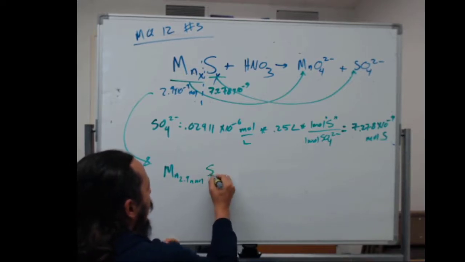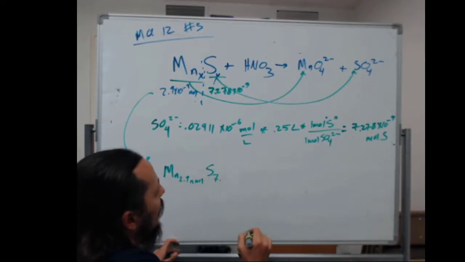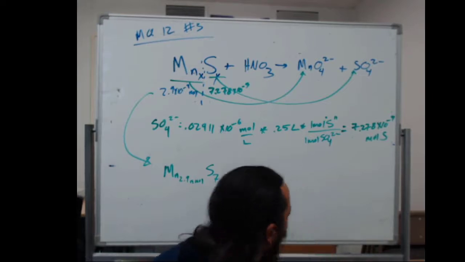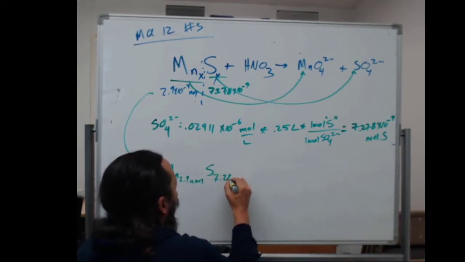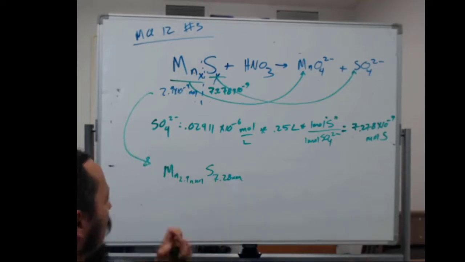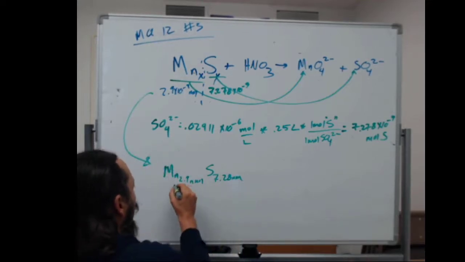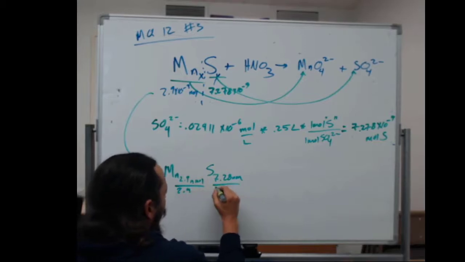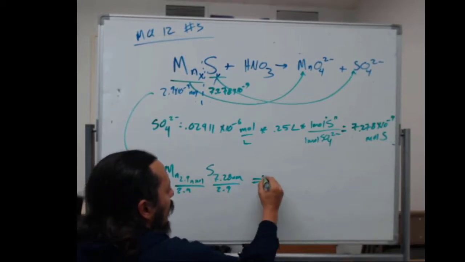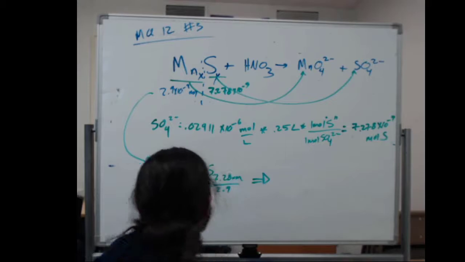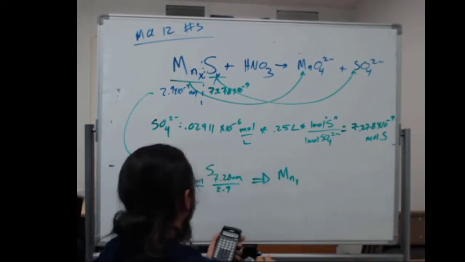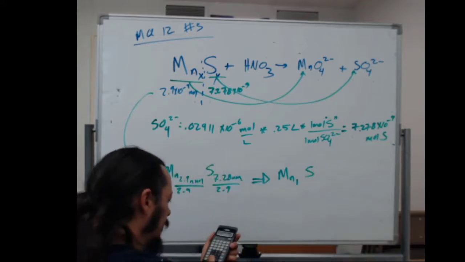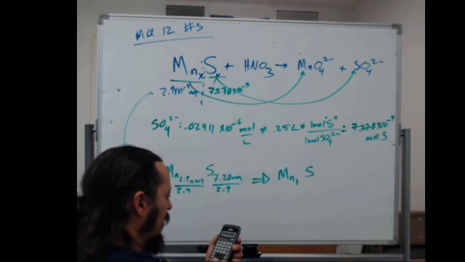And this is going to be S, which is 7.28 nanomoles. I'm going to divide by 2.9 for both. That's going to result in, well, I can do the first part by myself, Mn1, sulfur, 7.28 divided by 2.9,